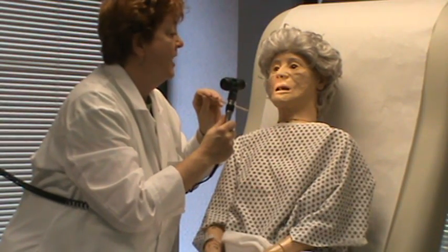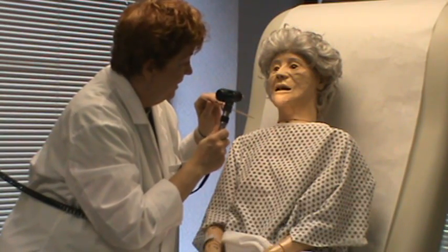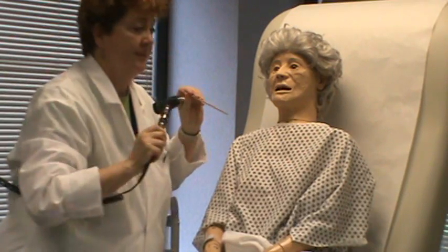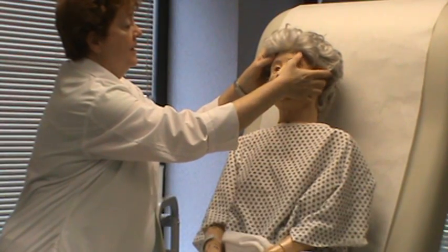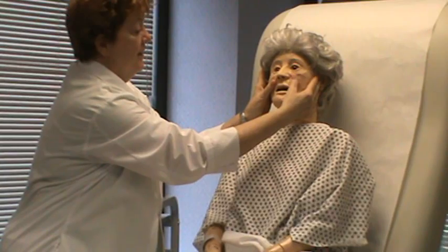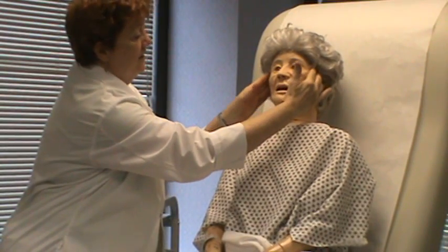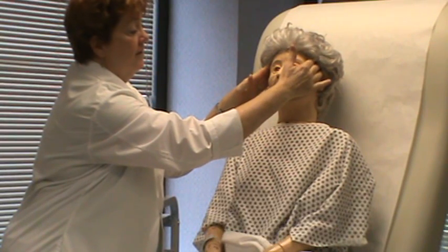Have her stick out her tongue to check for the hypoglossal, and if it comes out straight, and looking at the back of the pharynx. And that's clear. We've looked at her mouth. So we've looked at her eyes, her nose, her mouth. I palpate to see any tenderness, the frontal sinuses, the maxillary, and tend to have her open and close her jaw, palpate the temporal